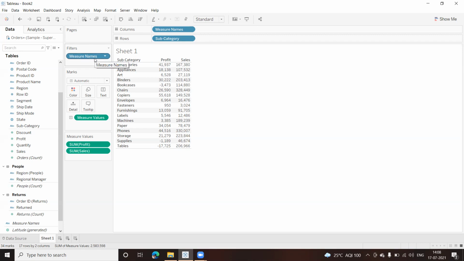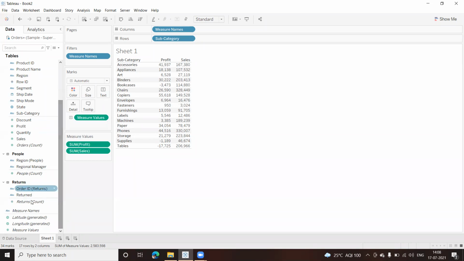Why is it coming here? And here you can see in the Marks card, we got Measure Values as the text. Now, this is nothing but the values coming from here. So if you look at Measure Names and Measure Values, Measure Names is the generated field which contains the name of each measure.